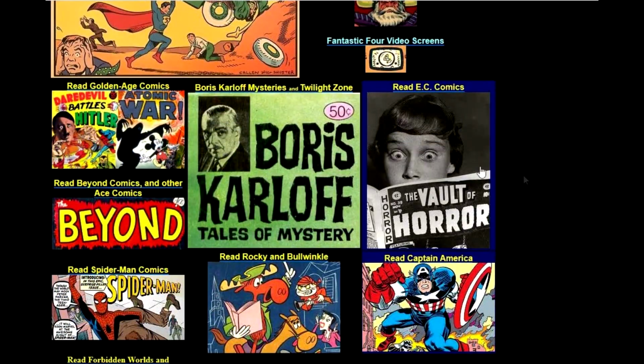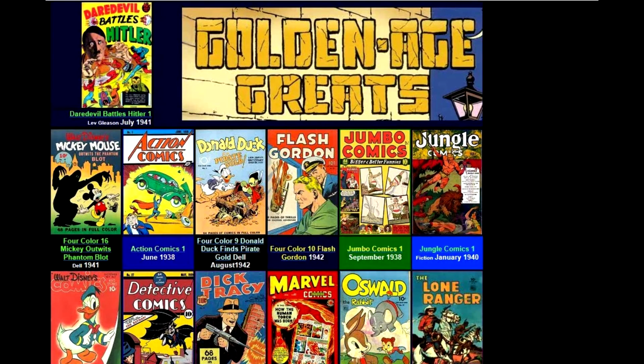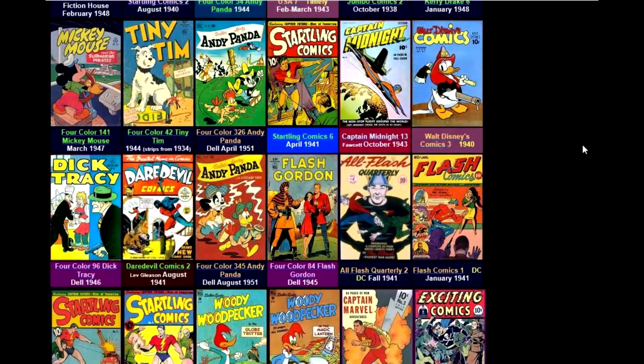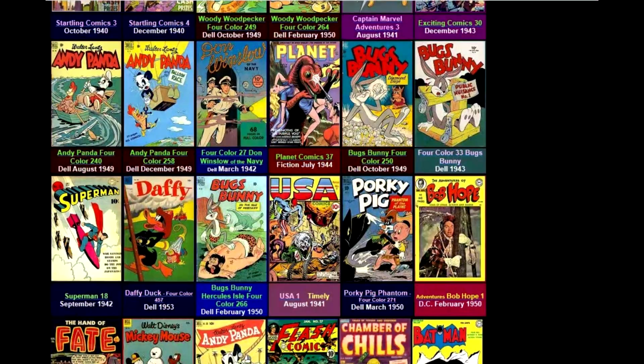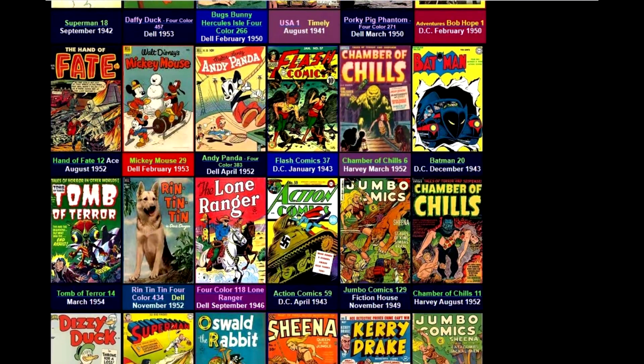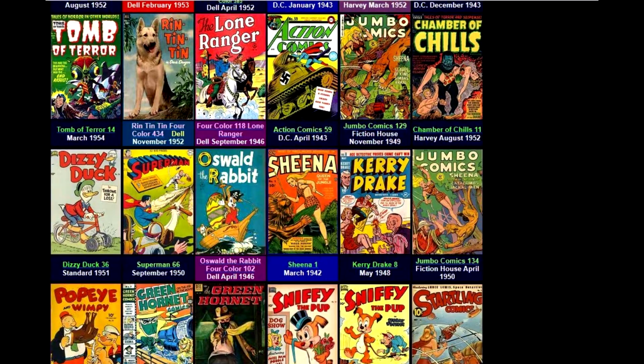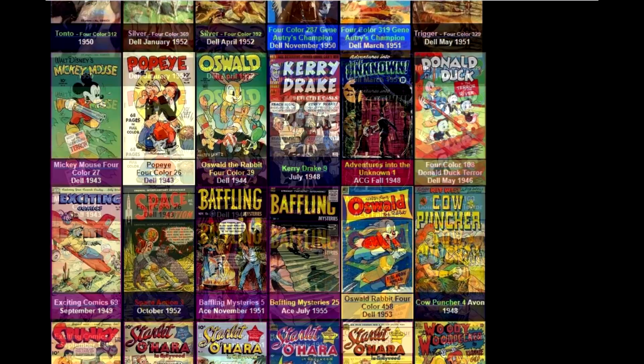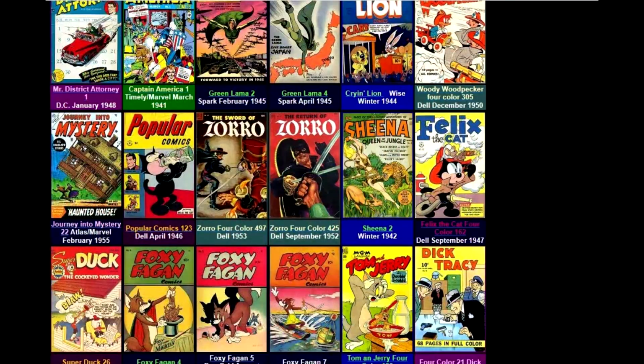So you probably want to see Golden Age. For the Golden Age comics, I decided to put Daredevil Battles Hitler at the very top. It's the very first book. These aren't going to be in chronological order, but I do have the dates listed. So you've got Mickey Mouse, Action Comics #1, Donald Duck, Flash Gordon, some of the Jumbo and Jungle comics, Lone Ranger. Basically all the good Golden Age goodness here. Bugs Bunny, Daffy, some more Superman, Batman, Chamber of Chills, Rin Tin Tin. It's kind of mixed, basically 40s and 50s for the Golden Age. Great Donald Duck, the Green Hornet,